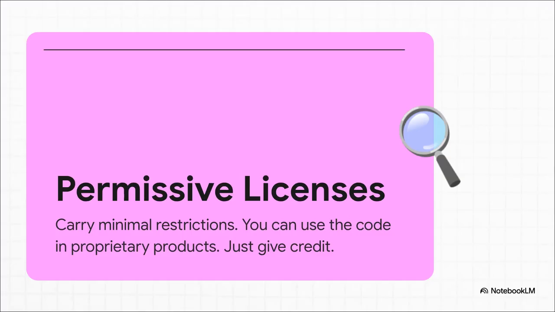Okay, so at the most business-friendly end of our spectrum, you have what are called permissive licenses. Think MIT and Apache 2.0. These are basically the do-almost-anything-you-want licenses. They're saying, hey, take our code, put it in your own closed-source product, go make a bunch of money with it. All we ask is that you give us a little credit somewhere in your About page and don't sue us.